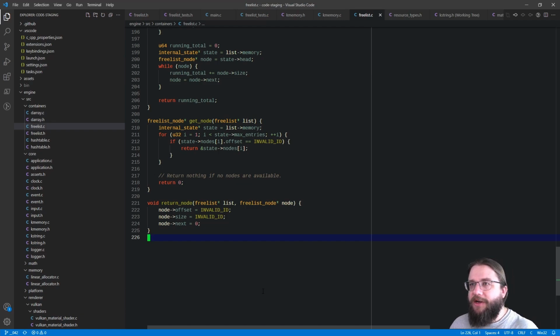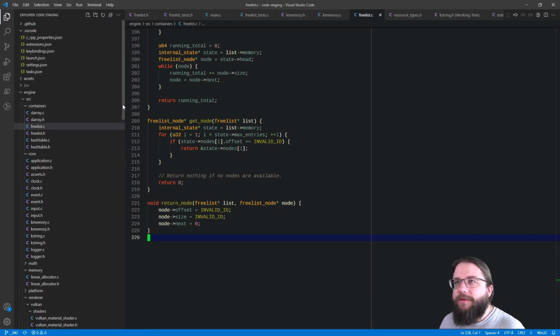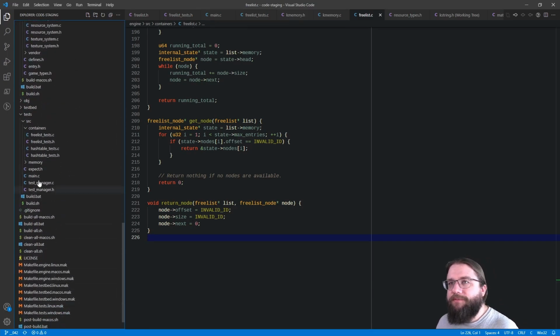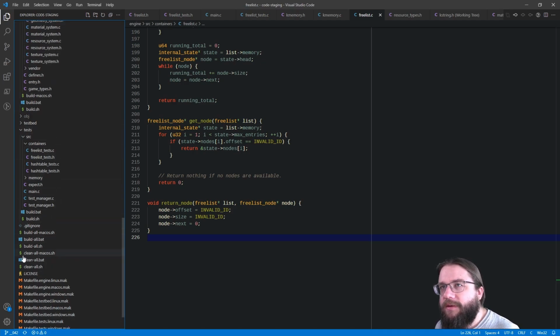So I know we did a little bit of a deep dive into this one, but because this is a little bit more algorithmic, as it were, I felt that it was a good idea to really go into detail on how this works. Okay, so one other thing I really quickly want to touch on is I want to go over the testing